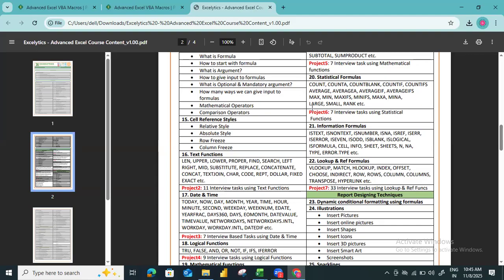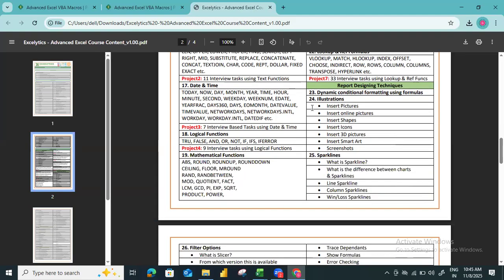Now we come to reporting and designing. As I told you, first in Excel we store the data. First you get the data from somewhere, and with the help of that data you perform calculations. After performing calculations, you end up doing reporting, in the sense that you create a dashboard, etc. Now we have report designing techniques, like how you insert pictures, shapes, icons,